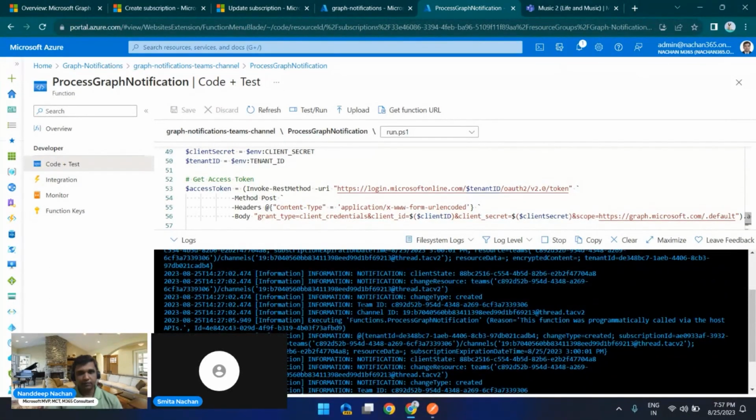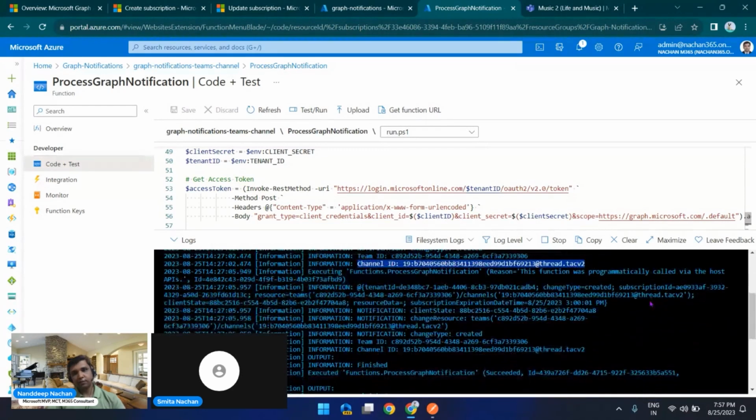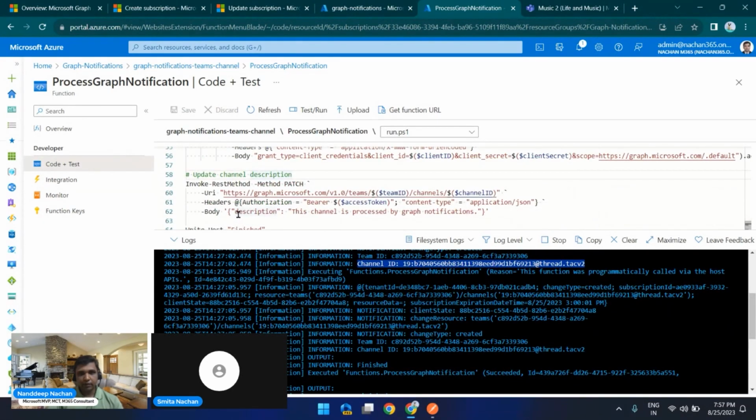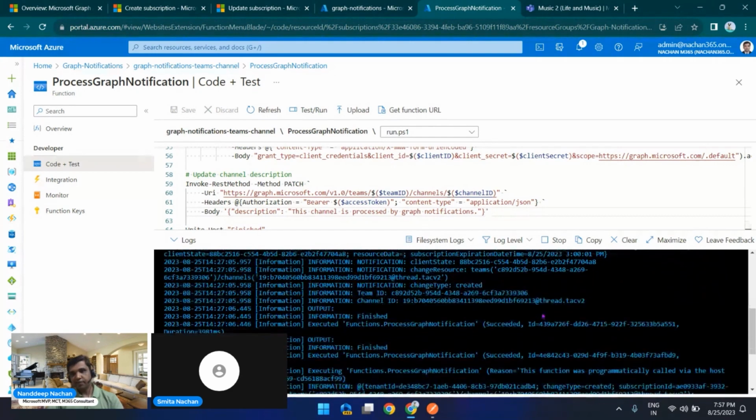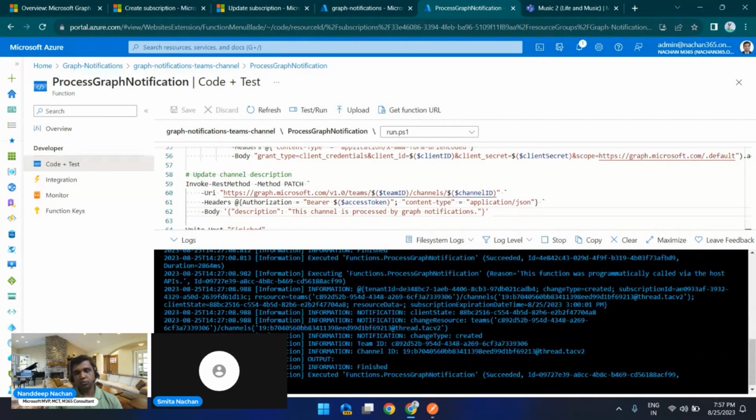Okay, so you can see that this is the team ID that I just created the channel on, and this is the channel ID that I have received, and then my function is ready to process it further. And down the line here you can see that I'm changing the description to "this channel is processed by graph notification". Okay, so this way it makes it very easy to get the notification whenever any event